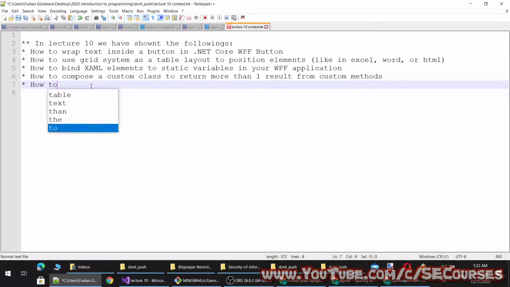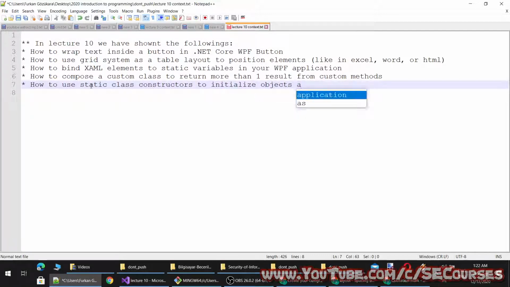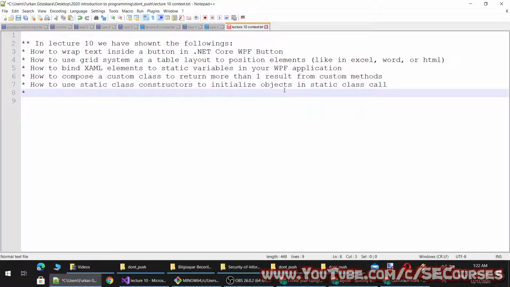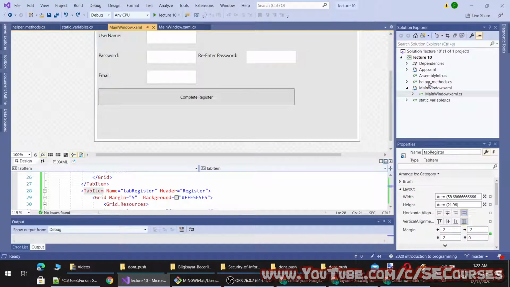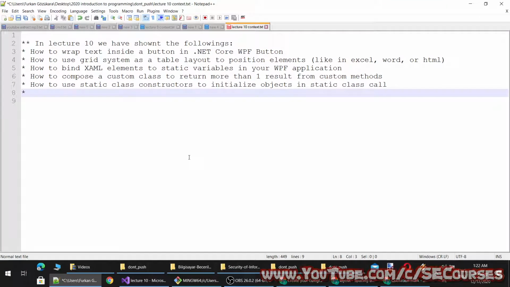How to use static class constructors to initialize objects. What else have we shown? Checkers.